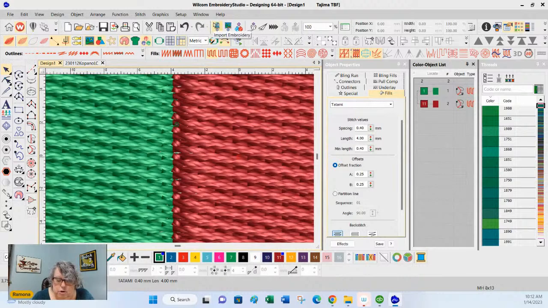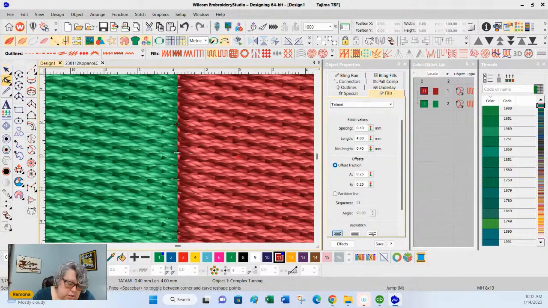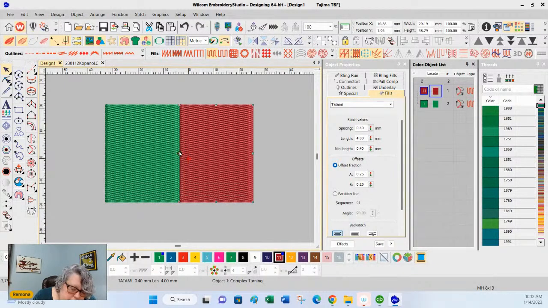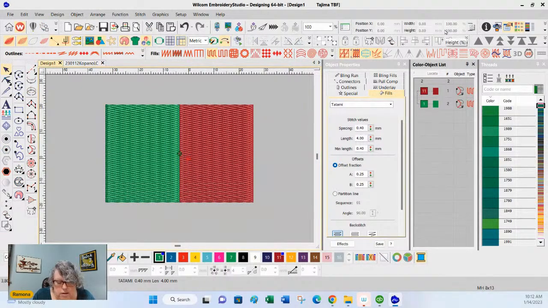Now, let's go forward. You put that back there. I'm going to drop this down. All we want is to pull this over about a millimeter, right? Okay. So we had about 3,700 stitches.